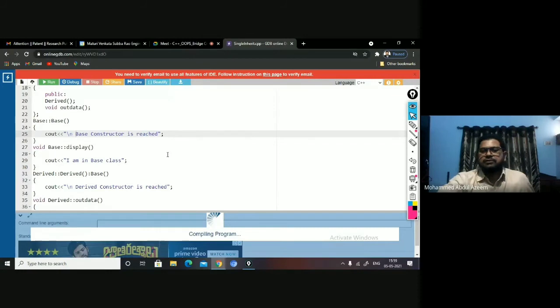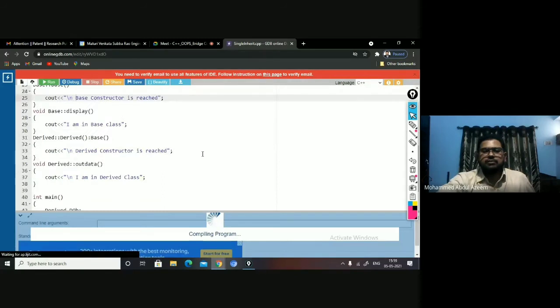I think the number of users trying to access this online GDB is more, because of which the server connection is being lost sometimes, and I am unable to access the application. Okay, I think probably from next class we'll have to see some other alternative. There is another application I've seen, Programiz. We'll probably see with that as well.